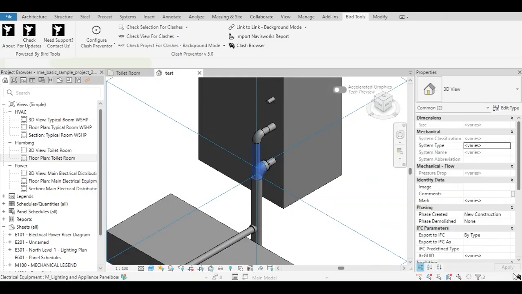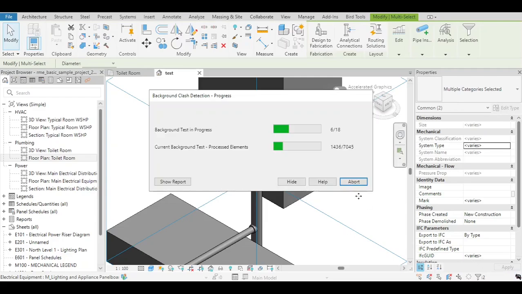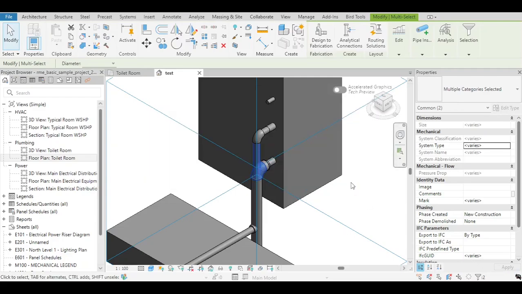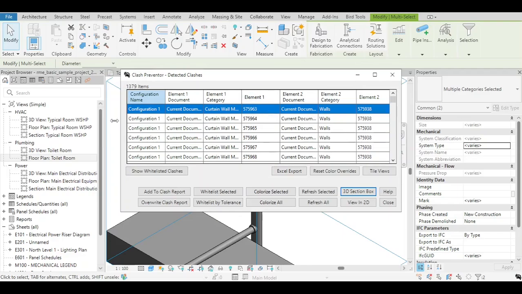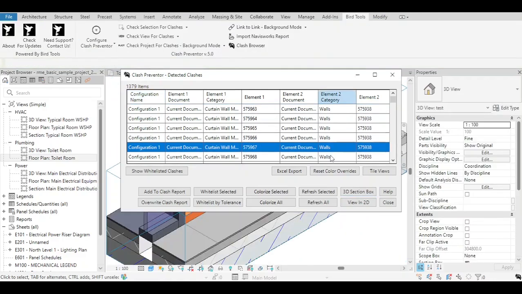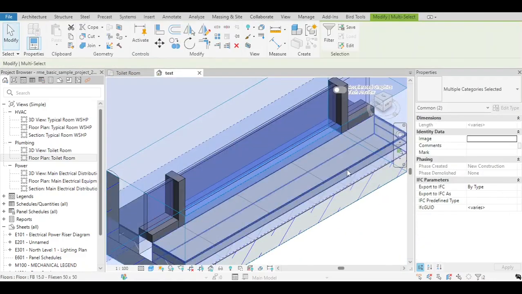As with all the manual modes, aborting the tests would not dismiss the already detected clashes and would still show the ones that were being detected until the moment the abort request was submitted in the clash preview form. This is a game-changing feature that we are pretty excited about.